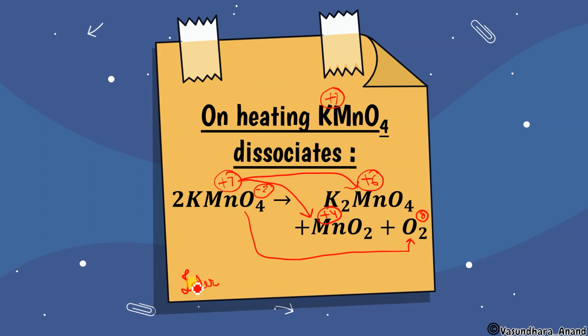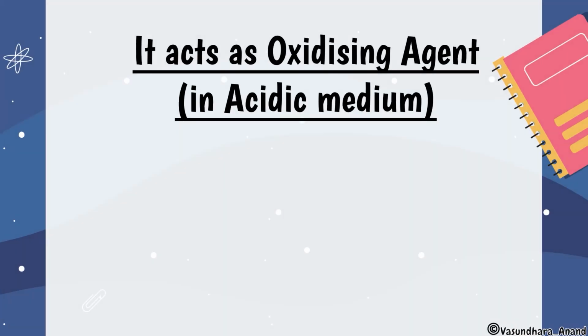This is an interproportionation reaction, where one oxidation state will split into 2 different oxidation states, and those will be lower only. One is the disproportionation reaction. You know that the same element will undergo oxidation as well as reduction. That is a disproportionation reaction. And if it is the reverse, it will be called a comproportionation reaction. And in this case, it is an interproportionation reaction. I hope it is clear. Okay, now move to the next thing.